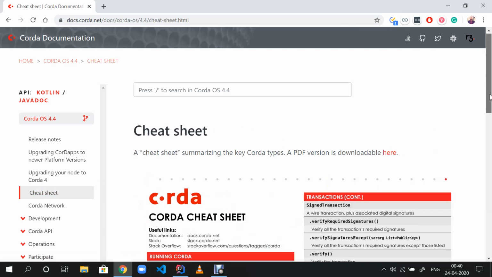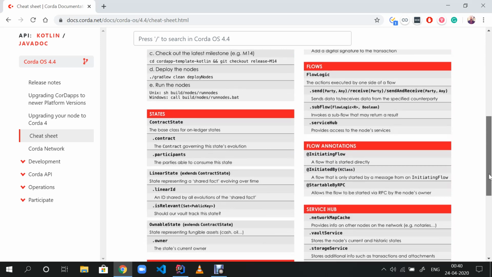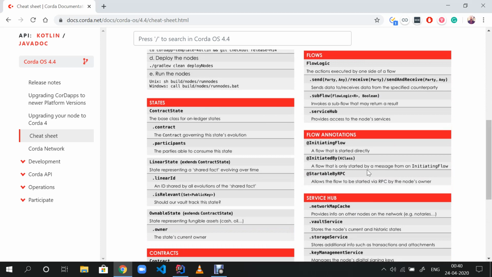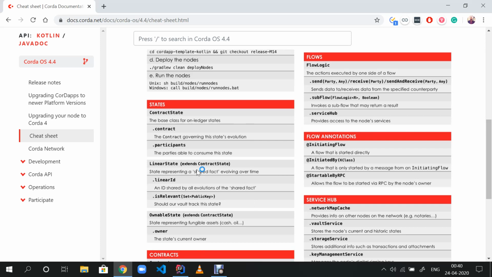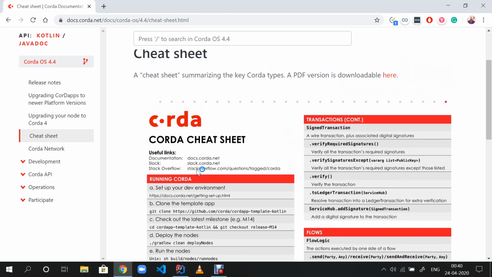This cheat sheet will throw a lot of other terms that you don't want to get into right now. But for example, the annotations like initiating flow that we saw in our IntelliJ and the startable by, so you will get information about these annotations. Obviously, I will explain these annotations to you in further lectures, but it will be good if you have the required theoretical understanding first.